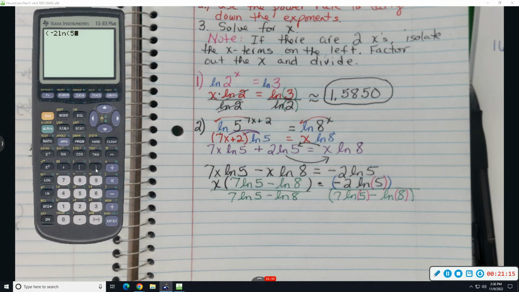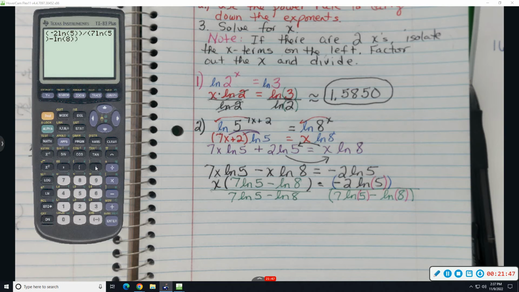I've got to close the parentheses or it's going to give me the wrong answer. Divided by, and what I'm about to hit is the first green parentheses. 7 ln 5. If I don't close that parenthesis around the 5, I'm going to get the wrong answer. Minus ln 8,